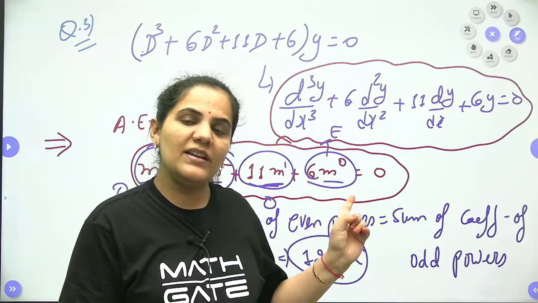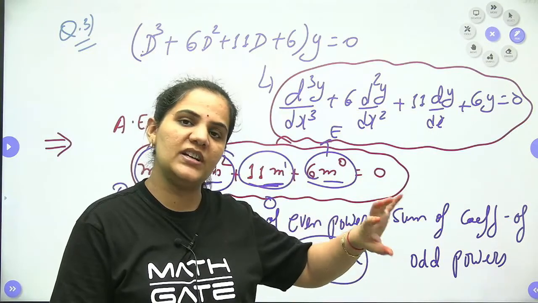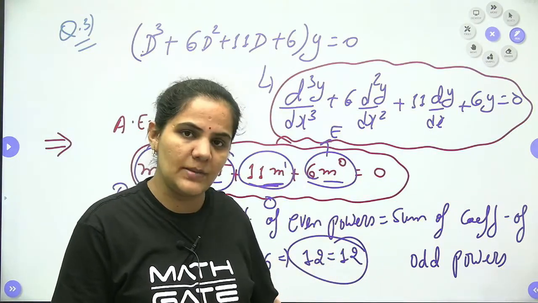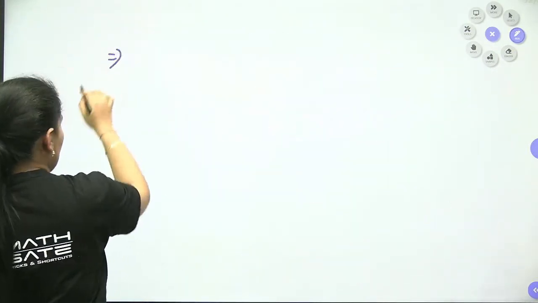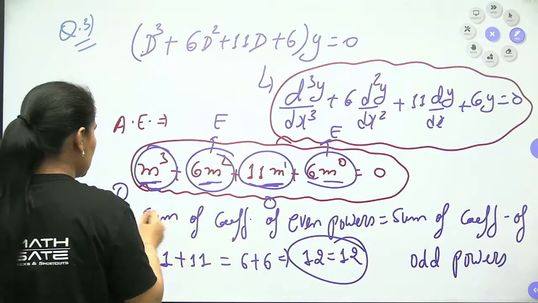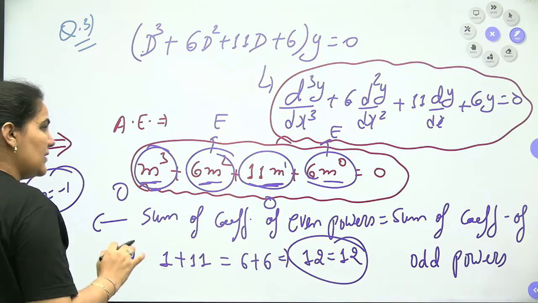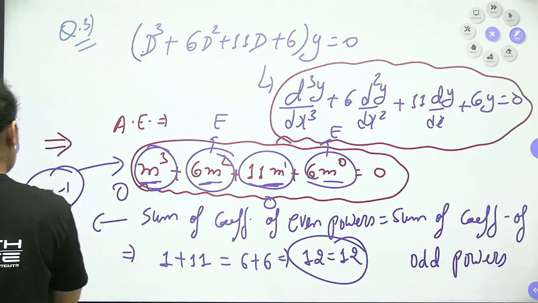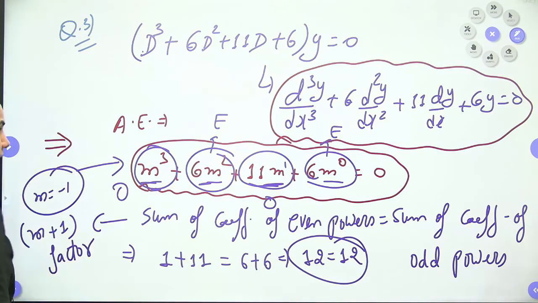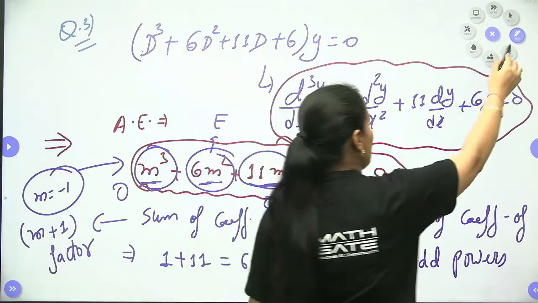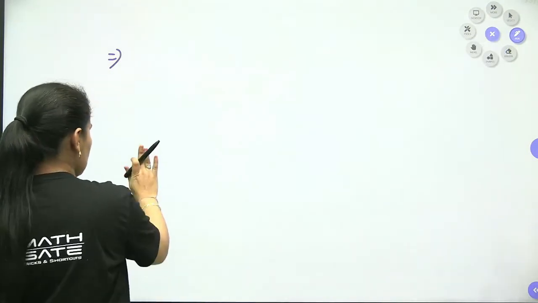Okay. So here we can conclude one more thing, that whenever the sum of all the coefficients is not equal to 0, we will go with this approach. And when we go with this approach, what happens? Let's have a discussion. It is clearly seen that in this case m is equal to -1 will be a factor, or m is equal to -1 satisfies this equation, so we say m plus 1 is a factor of this equation. Okay, so now we will start the same process with the m plus 1 factor. So let me show you how we can go for this one.